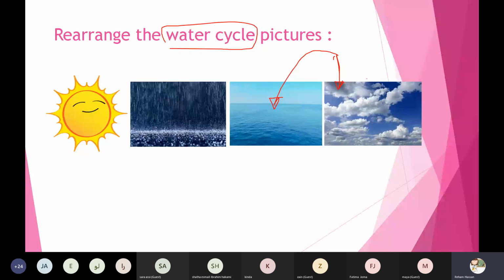So Kenda, which helps this water to turn into the clouds? Which helps the earth water? Is it the sun or the rain? Sun. Amazing, Kenda. Thanks a lot. You are super.